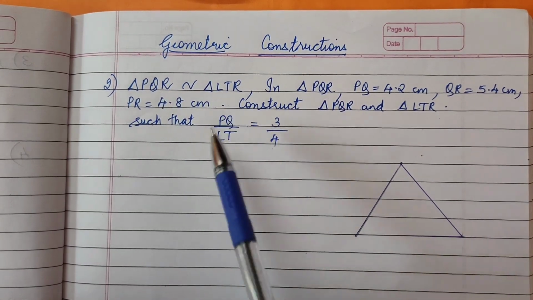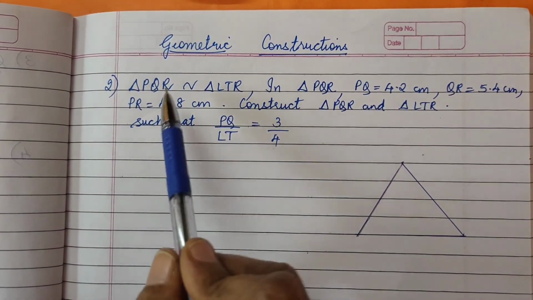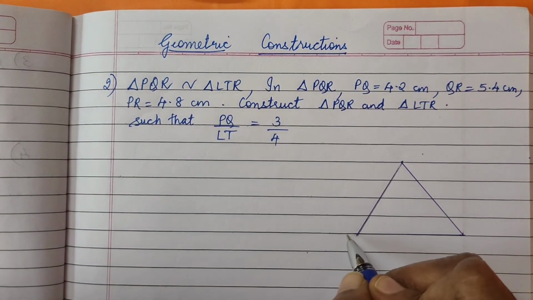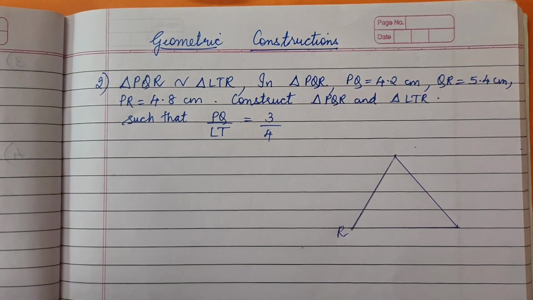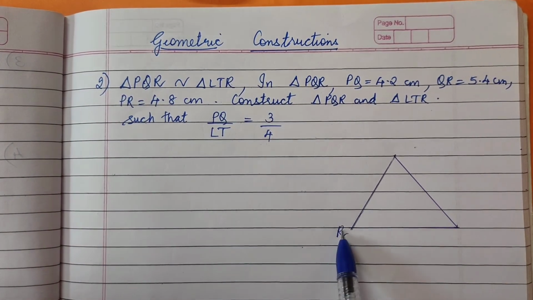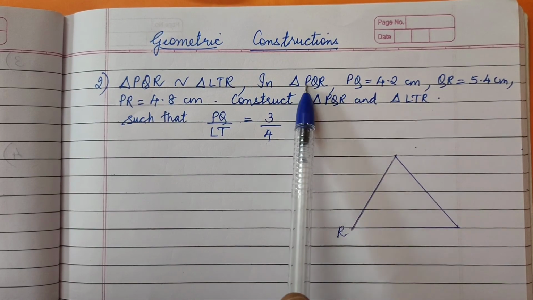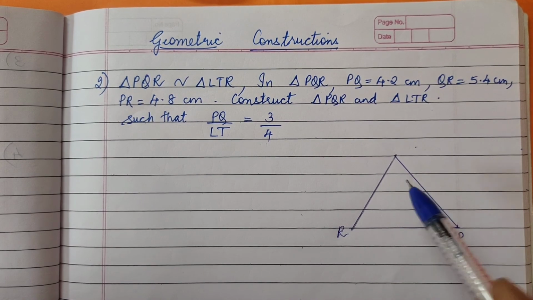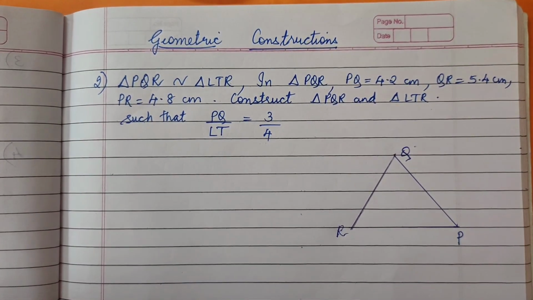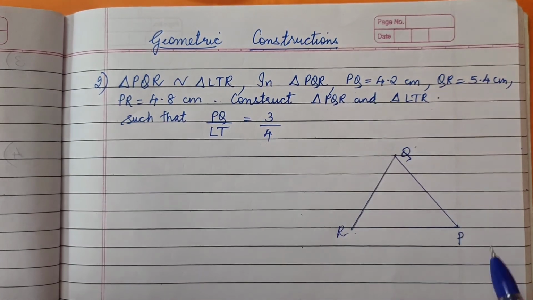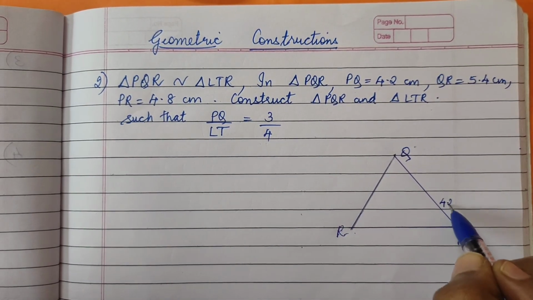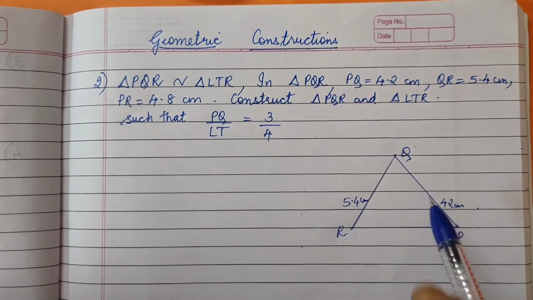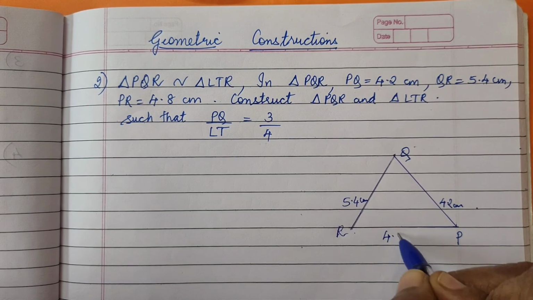Now see my dear, you need to firstly observe which common vertex we can see. This R and this R. जो common vertex है, we will name it here. So we have named the common vertex R here. Now which triangle's information is given? Triangle PQR. This R means we can consider this as a P and this as a Q. I have taken this as a Q here. Now check PQ is how much? 4.2 centimeter. So I am writing 4.2 centimeter, and QR 5.4 centimeter and PR 4.8 centimeter.